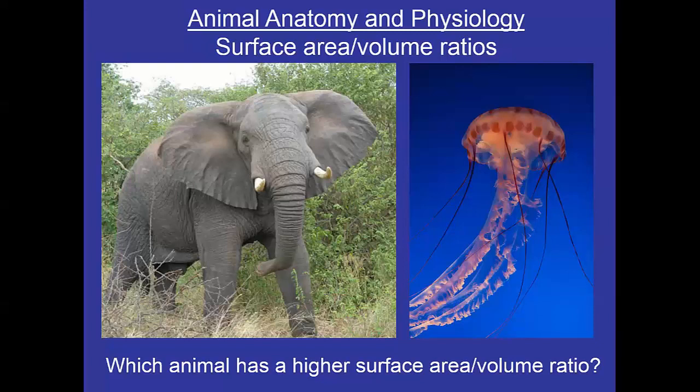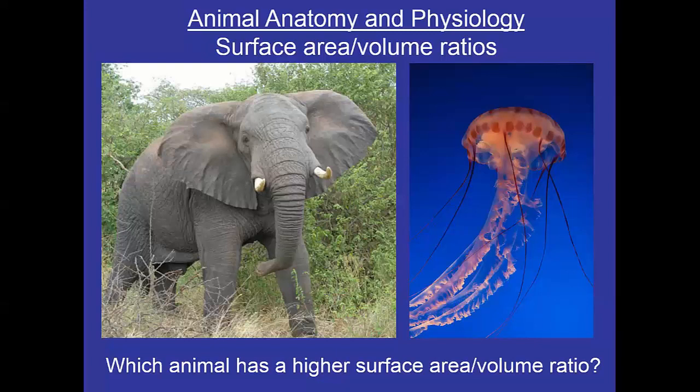So in this example, we ask which animal has the higher surface area to volume ratio. So think about it as surface area divided by volume. Surface area meaning the amount of surface on the organism, right, in relation to the volume, the insides of the organism. And you may recall from Bio 1 that surface area to volume is very important for cells,